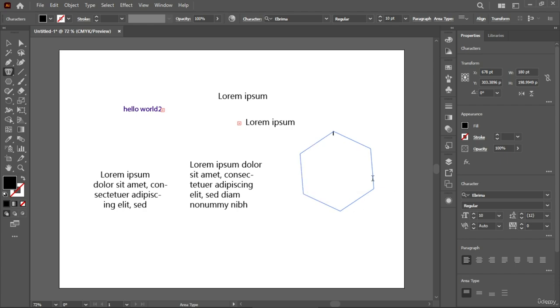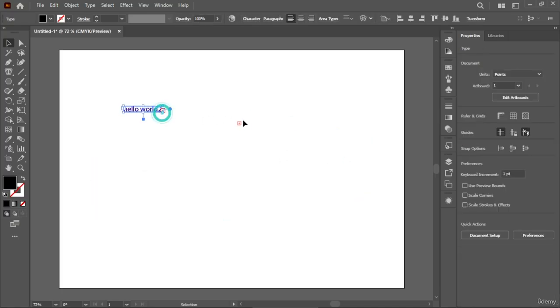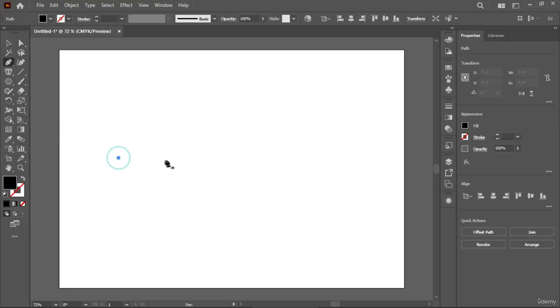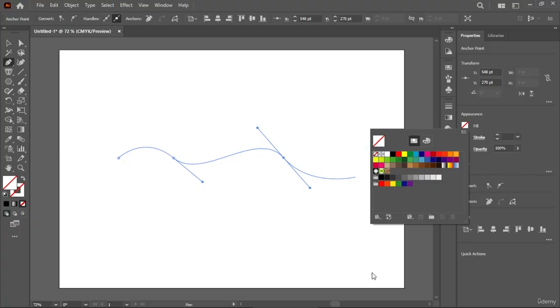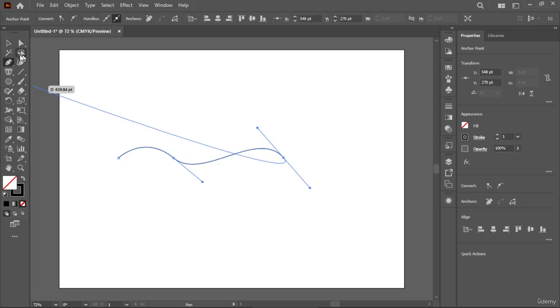All right, the lines. Okay, so let's select the pen tool, create a dot over here, then create a curvy line over there. Let's say I want to create a curvy line over here too. So there you go. Let's put it as no fill. And our stroke to be black so that you can understand. Now you can see that the path over here is curvy. Now if I use the area type tool and select the path, you can see that the text is following our curved path, right? So now that we're done with this part,